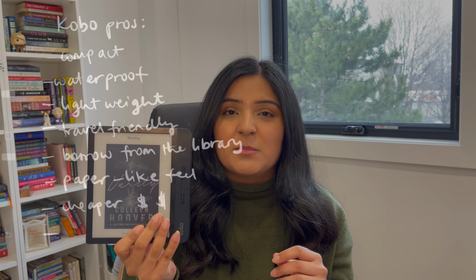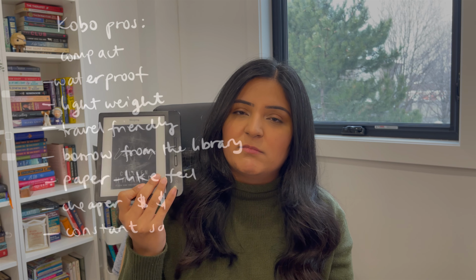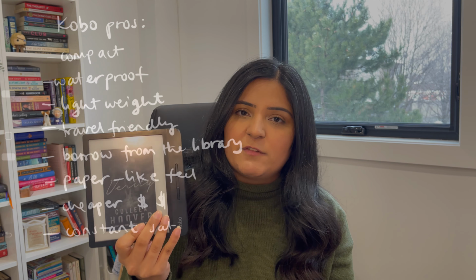E-readers are quite durable, at least mine is. I've dropped it a few times, a little scuffed in certain places, but very, very durable. I believe mine is also waterproof or water resistant, so I can take it to the beach or to the pool and not feel really conscious of getting it wet like I would with an actual physical book. It's also perfect to read at nighttime because it's got some natural backlighting as well, and the paper,